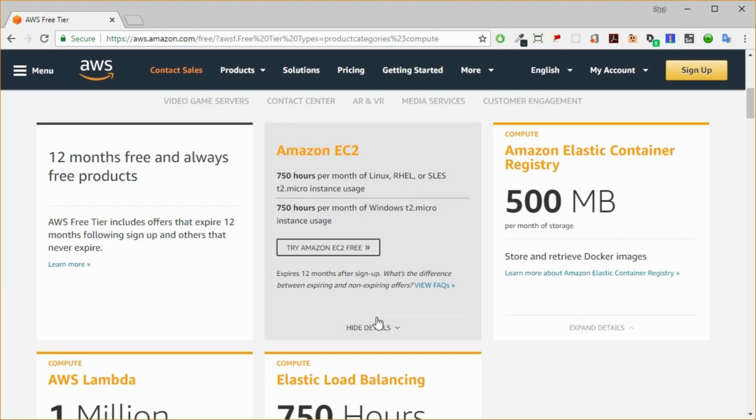Now, the big thing to remember is that this is only for a T2 micro instance. If you have anything bigger than that, it doesn't matter how much you use, you're going to get billed for it. Also to consider is that a smaller instance like the T2 Nano will not be covered under the free tier. It is specifically for the T2 micro instance.